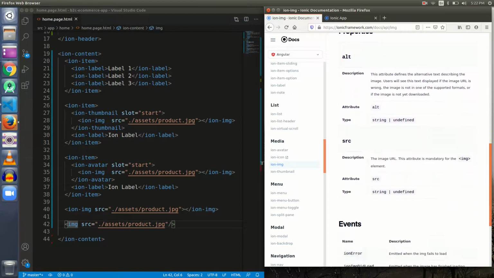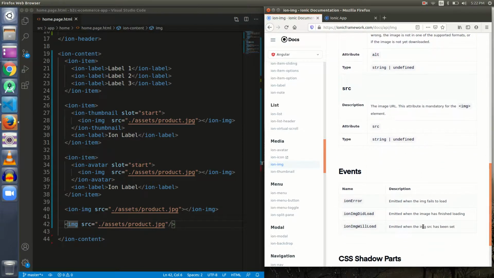And this default JavaScript gives us a facility of events. See, there are three types of events that are associated with ion-img. ionError is emitted when the image fails to load. ionImgDidLoad is emitted when the image has finished loading. So I am going to use this one.